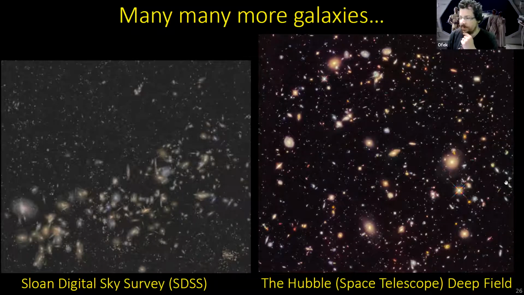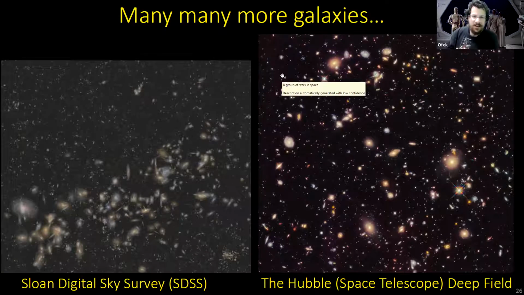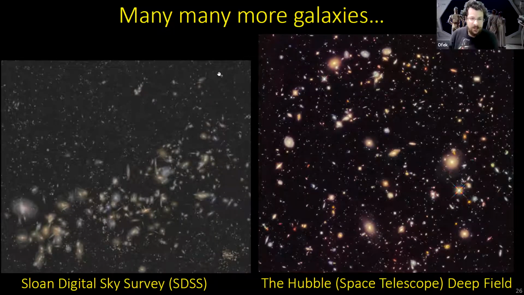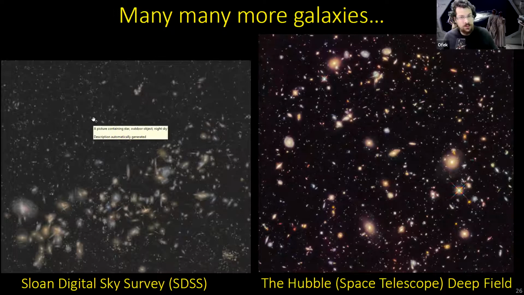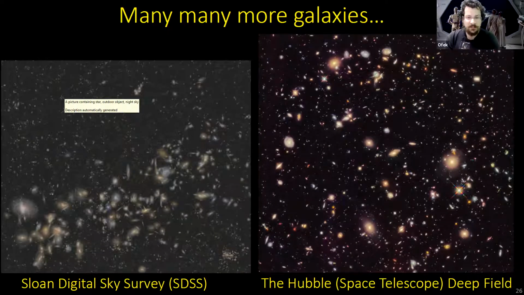And what we see in this deep field image from Hubble, the telescope, not the person, is of course many, many, many galaxies. Basically, as many galaxies out there in the universe as stars in the night sky if you were to look at the near field. Hundreds of millions of galaxies are out there. On the left here, we have an image from the Sloan Digital Sky Survey, another important source today, mapping out and classifying a lot of different galaxies in the universe.